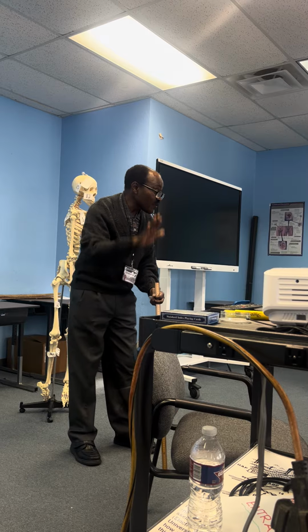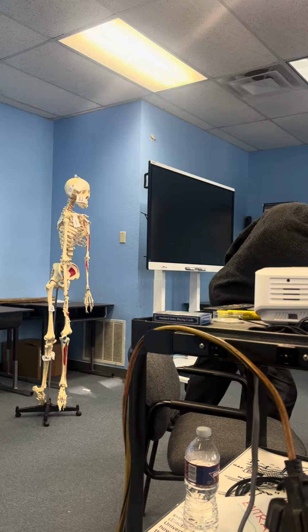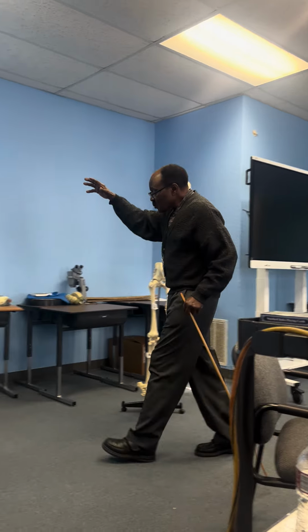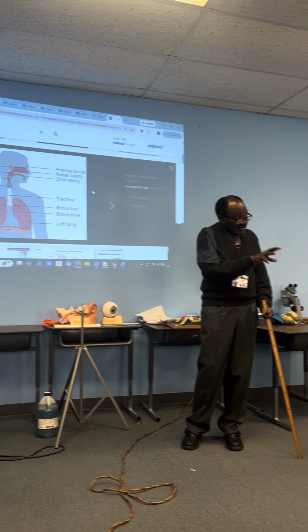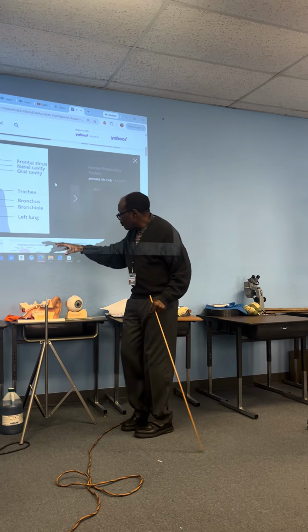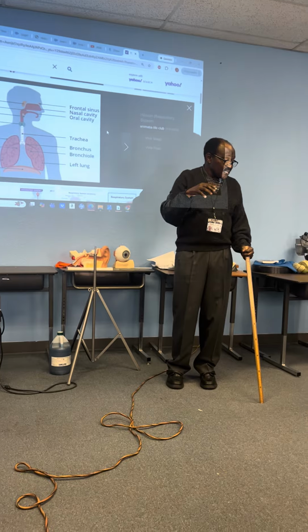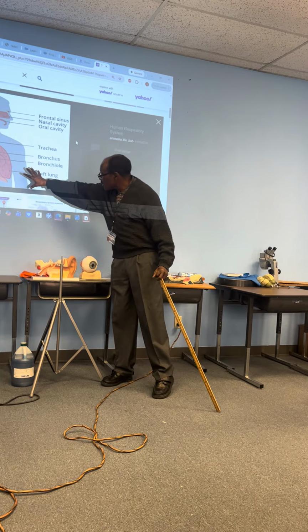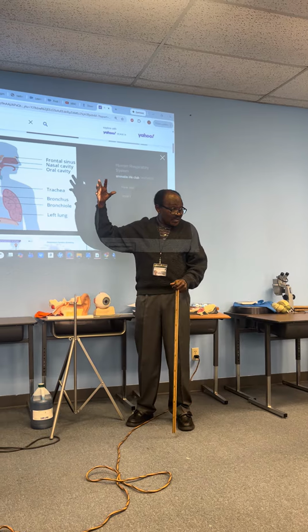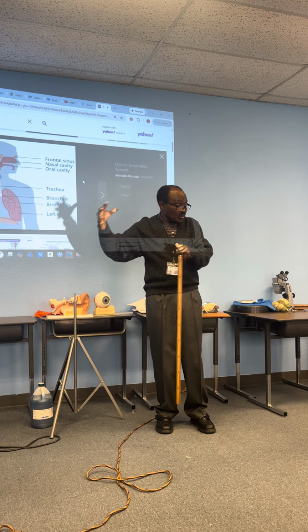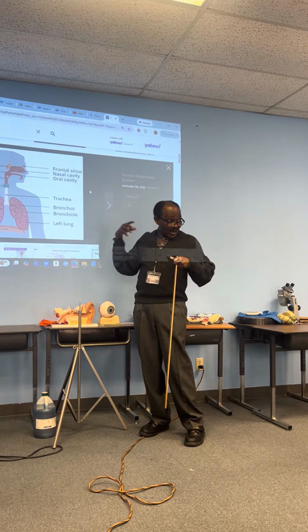When it goes down flat, it allows more space in the chest cavity. So when it allows more space, that means the volume increases. When the volume increases, like you have more volume here, then the pressure decreases. So the pressure within here will decrease. So the pressure in the chest will be less than the pressure outside, and the air moves from high pressure to low pressure. So when that happens, then the air will move from the atmosphere, from outside your body, into